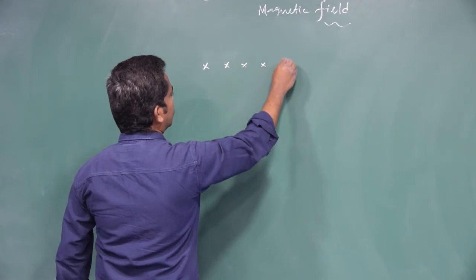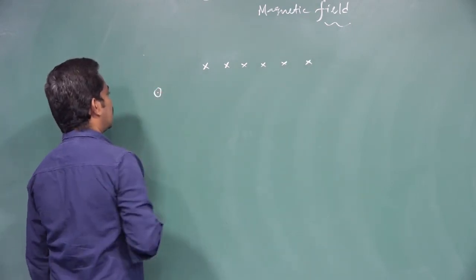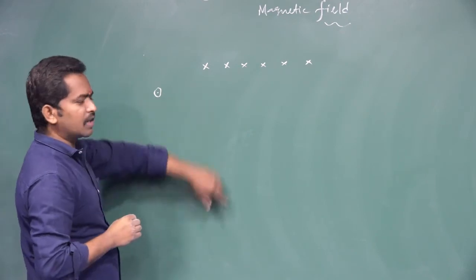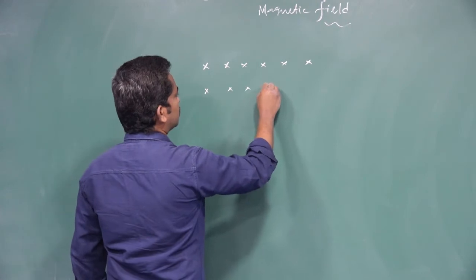Consider if the cross value is the field is inwards. This is the field outward direction symbol. This is the field inward direction symbol. You know well. Consider a magnetic field